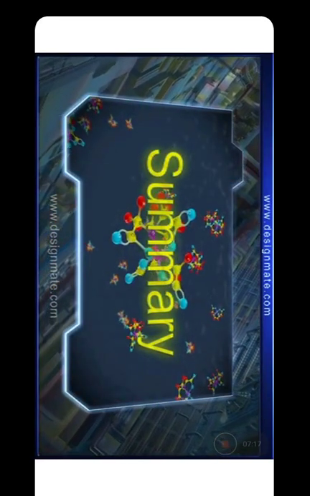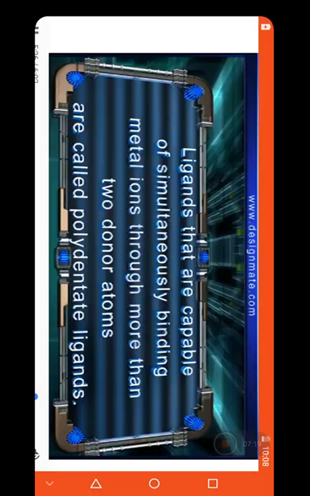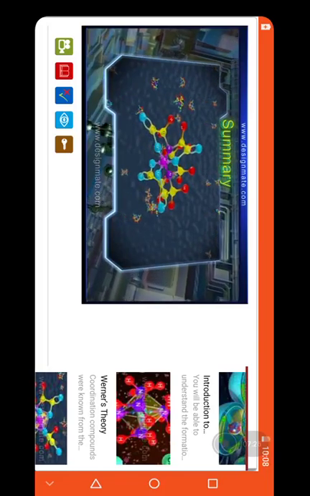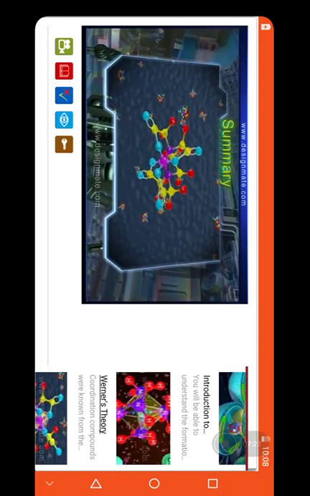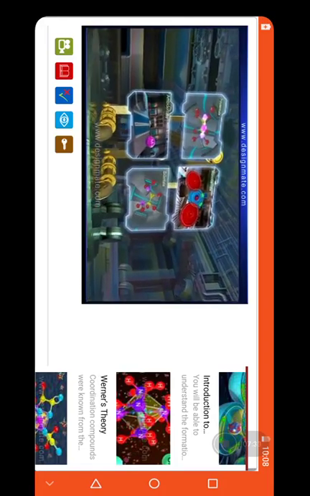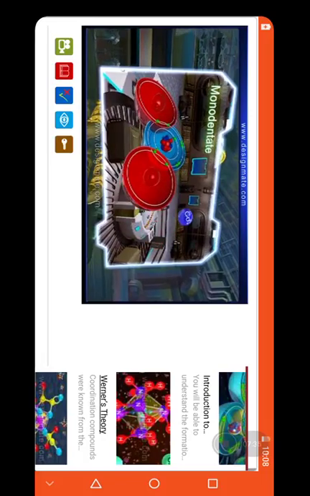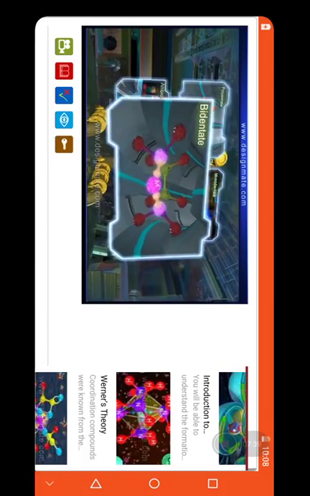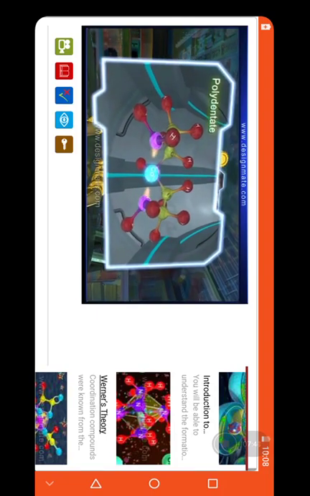Summary: ions or neutral molecules which can form coordinate covalent bonds by donating 1 or more pairs of electrons to the metal atom or ion are known as ligands. On the basis of the number of donor atoms present in them, they are classified as monodentate, bidentate, polydentate,